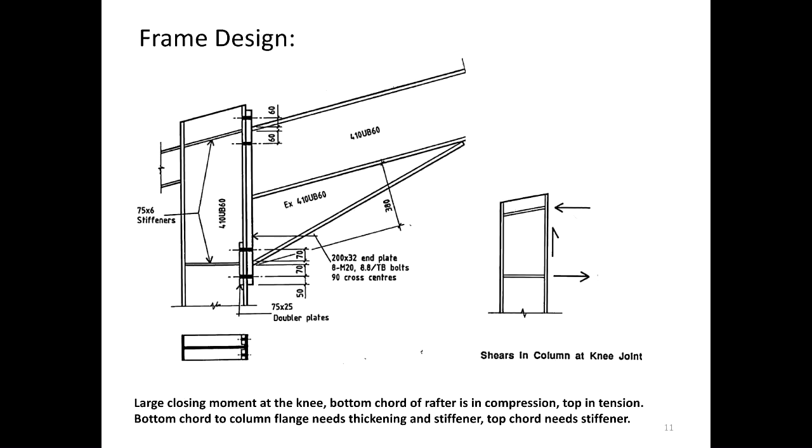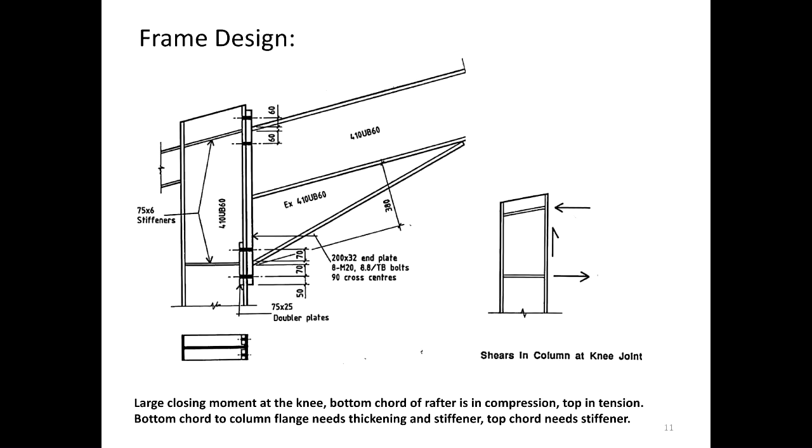Sometimes, when you have gravity load, the rafter will try to do something like this. Is that correct? That is what is referred to as the closing moment at the knee, when it tries to rotate clockwise and close. To prevent the local buckling of the flange due to the large closing moment,